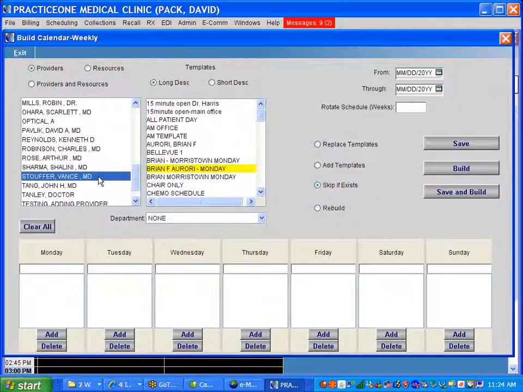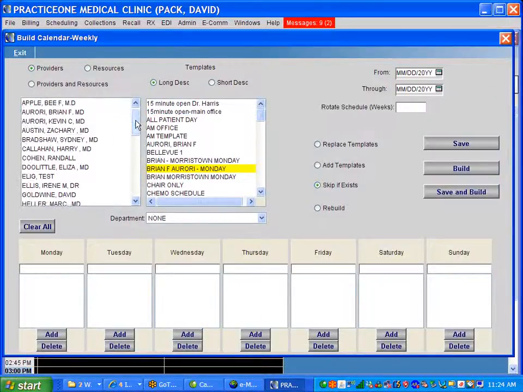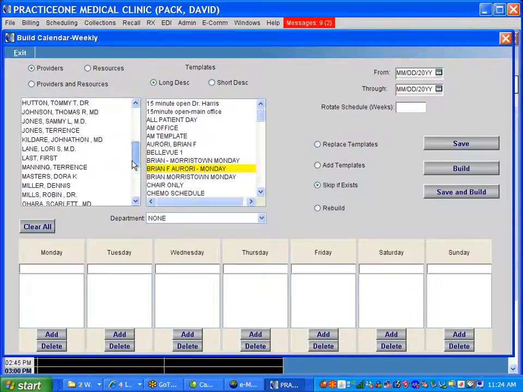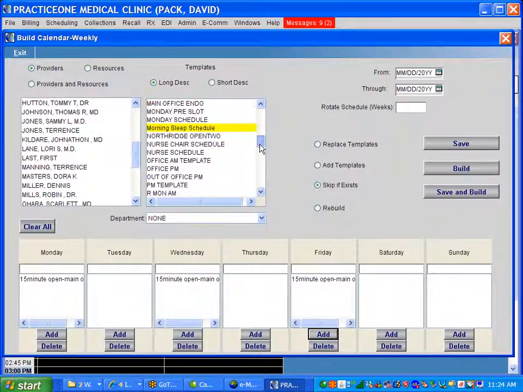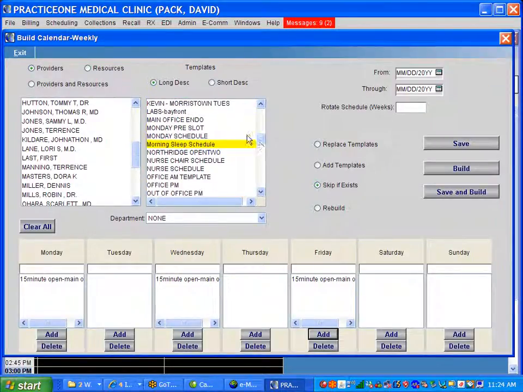I'm going to make 15-minute open office on Monday, Wednesday, and Friday. I'm going to assign that template to those days, and I'm going to do, I don't know, Office AM template for Tuesday and Thursday,